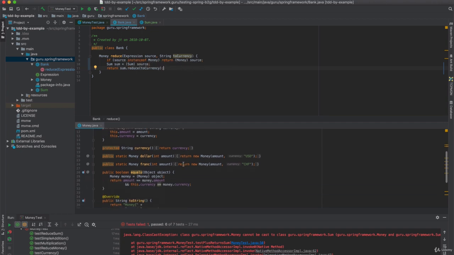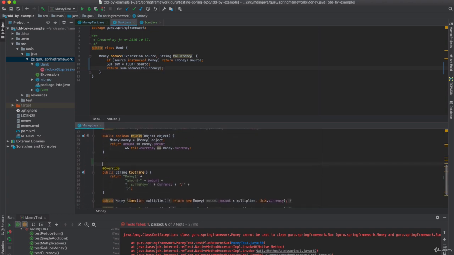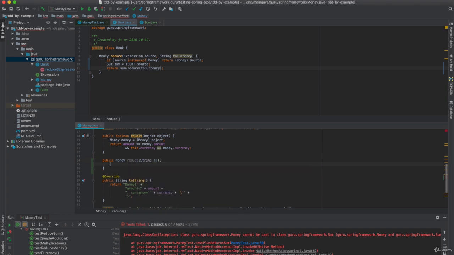So if money came down here, public, like so, then we can clean this up quite a bit. That becomes cleaner. So now we're adding the reduce method to money. And what we can do is come to expression